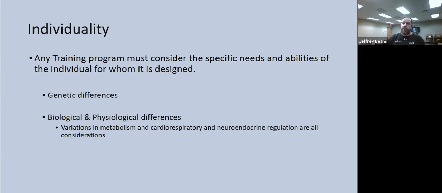Not to mention that the way that I assign a type of exercise is not just going to be based off of one's limitations or abilities, but also based off of one's preferences. And so part of individuality is training to preferences or training to goals. If someone has the goal to participate in a 5K, and I'm not even talking about running a 5K, yes, you should strength train. Everyone should strength train. But a 5K is an aerobic event. And so we want to train with that in mind. So that's individuality.